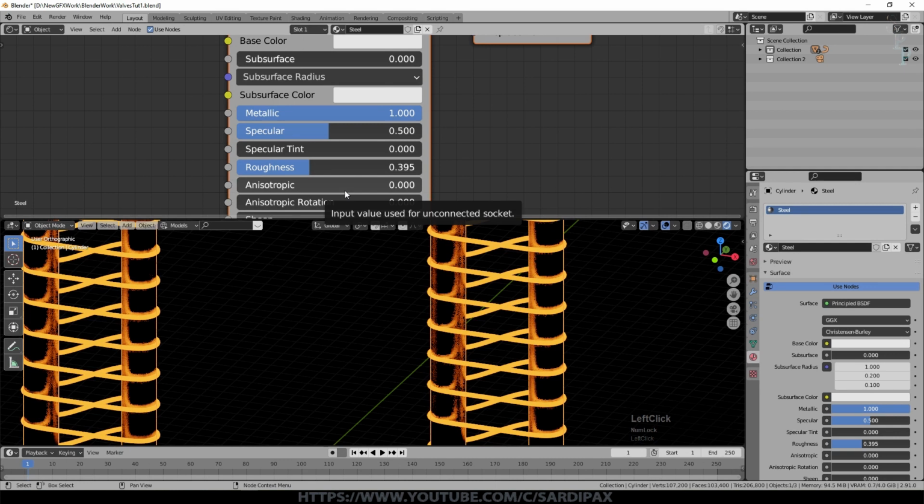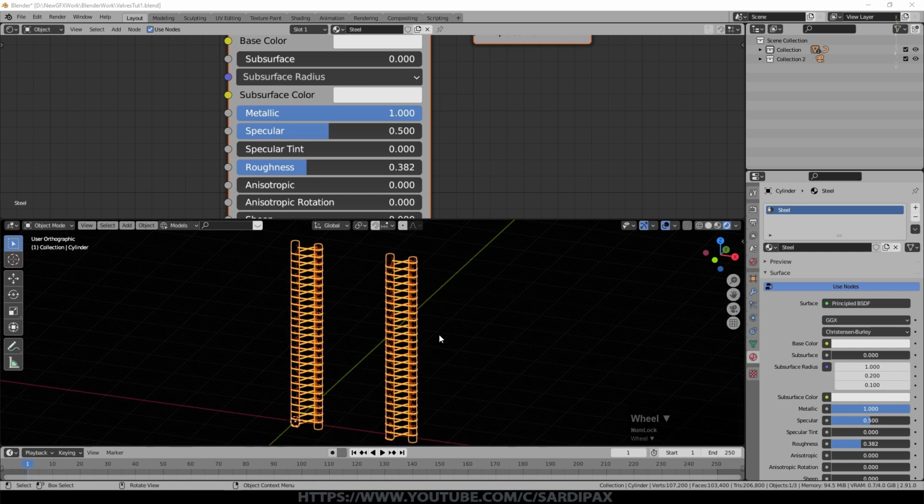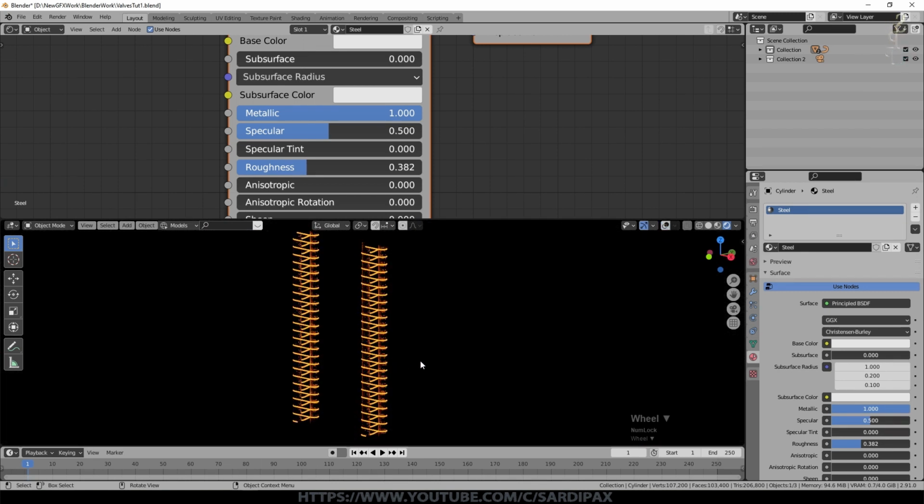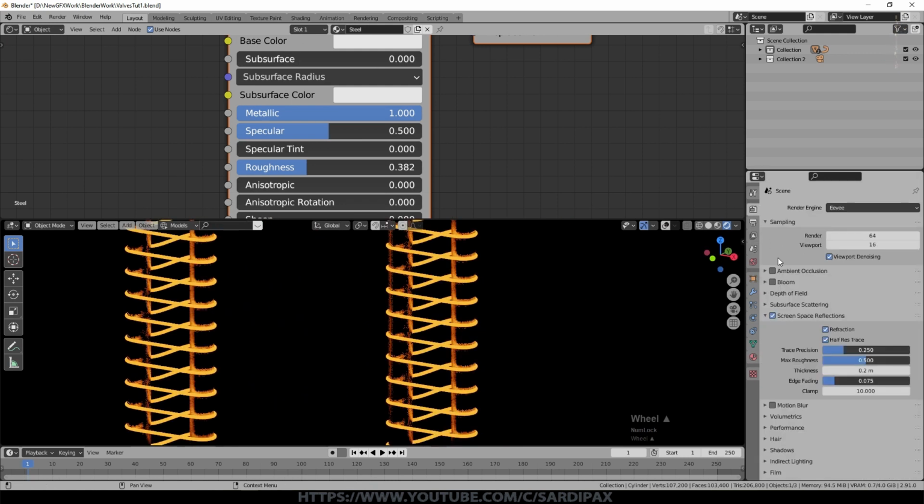You can have a mirror effect, of course, but it will be a mirror rather than showing more diffuse light, and therefore won't illuminate the scene as well. But it's up to you. Everything else left at default. If I turn the highlighting from the overlay off, we can see what we're getting a bit better. If I turn viewport sampling up a little bit, we get a slightly smoother scene.